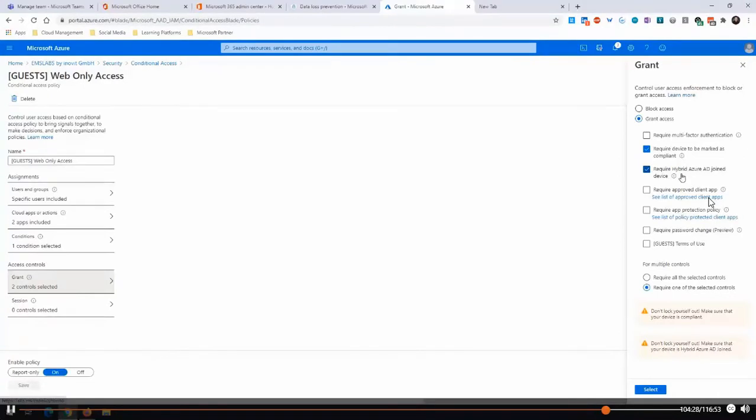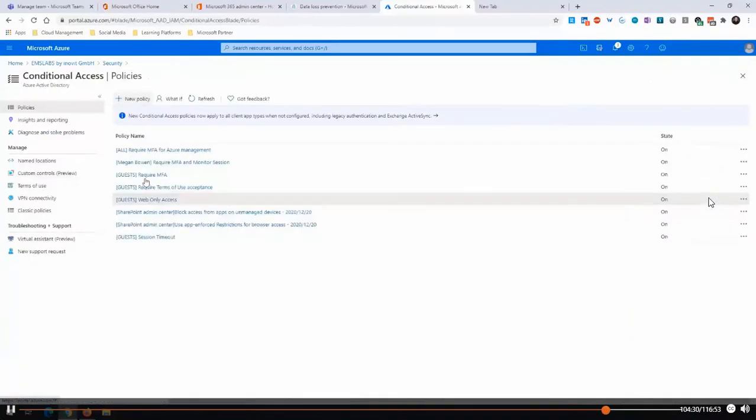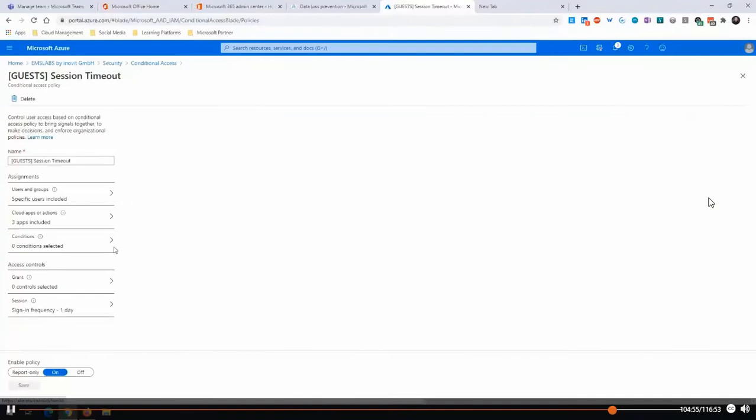There is also another capability built in the background if we go to the SharePoint Admin Center, where we block access from apps on unmanaged devices. That's also an integration we can use for this scenario, to block specifically the access from unmanaged devices.